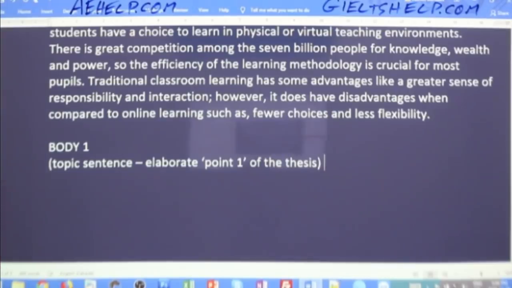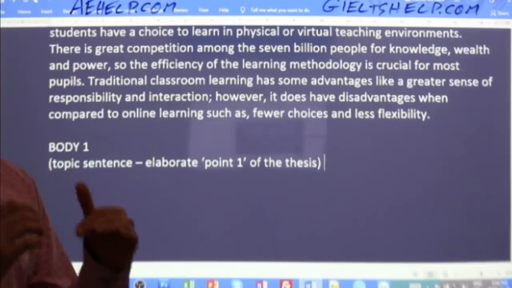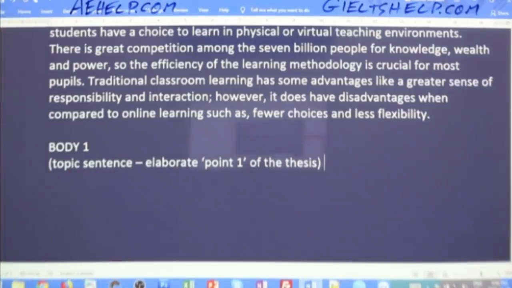Jubilant says, classroom learning, face-to-face learning has been a tradition for ages. Jubilant, face-to-face learning has been a tradition for ages. Okay, write it like that. Okay, that's the correction. Face-to-face instead of classroom, because classroom could be virtual as well. So we want to be more specific here. Pachu